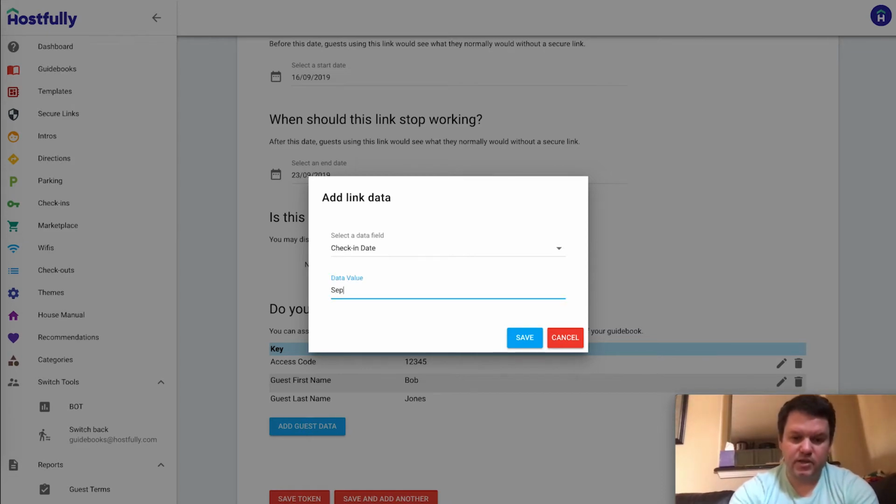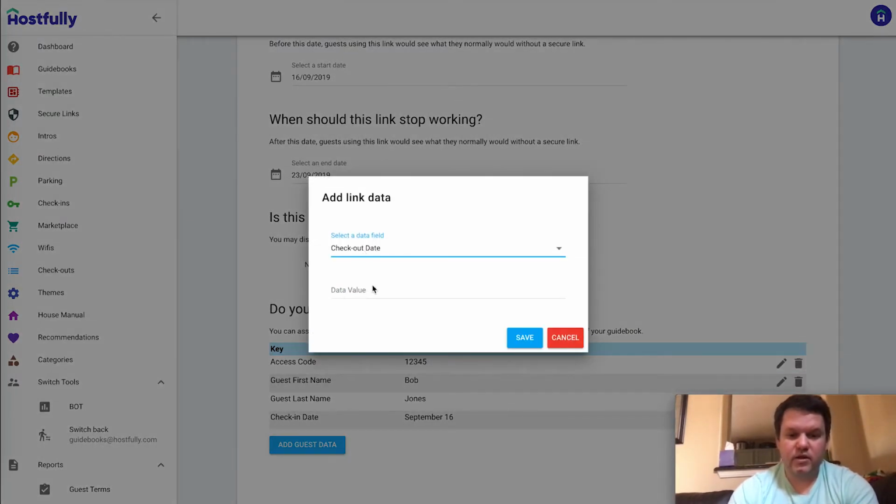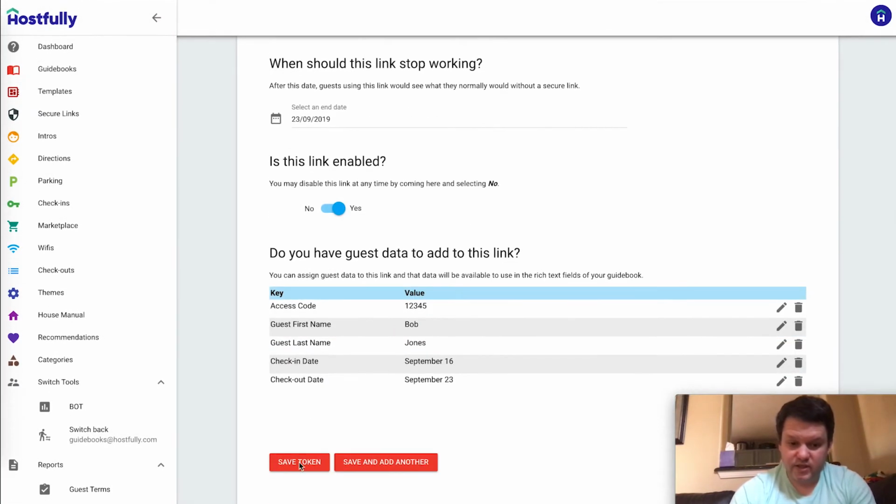Check-in date is September 16th, and all of these fields are just text, so you can enter whatever you want. It can be a number, it can be like a formatted date, it can be just text like September 16th, really whatever you want, however you want to display it later. And then the checkout date is September 23rd. So I'm going to go ahead and save this link,